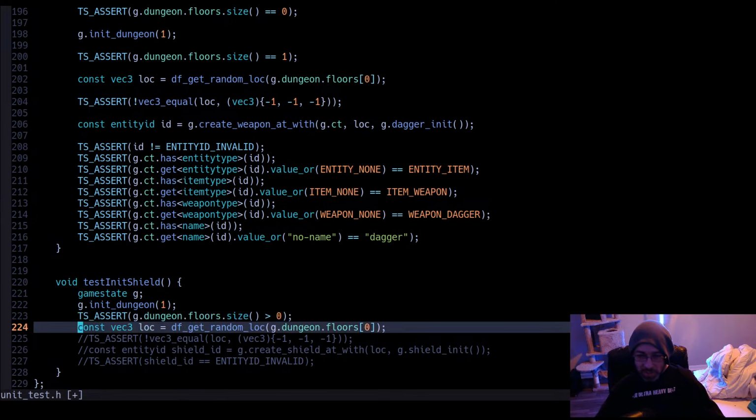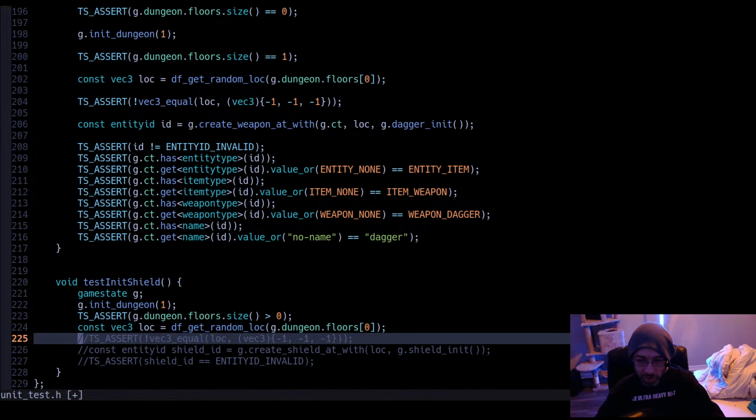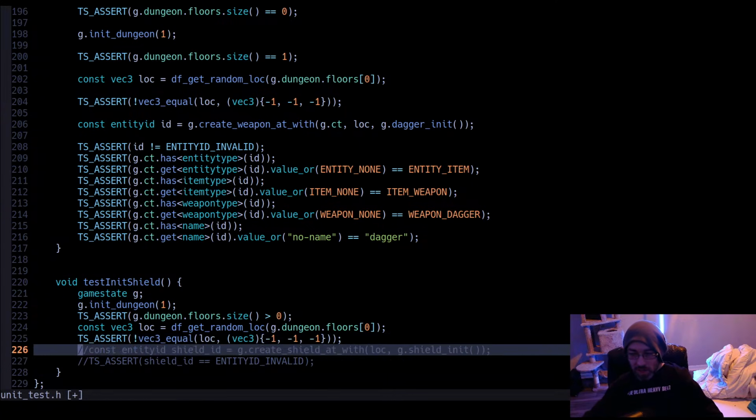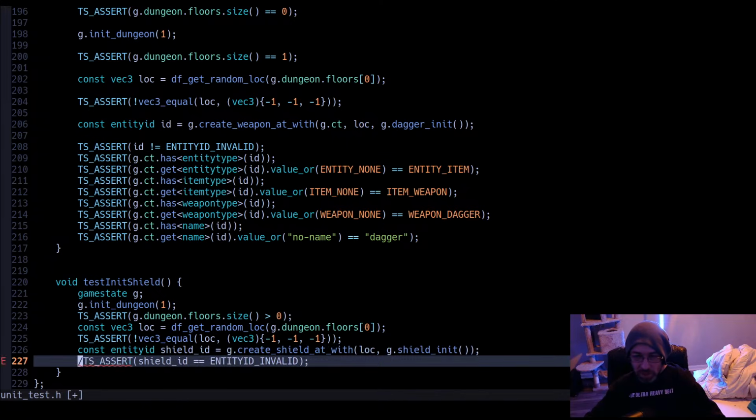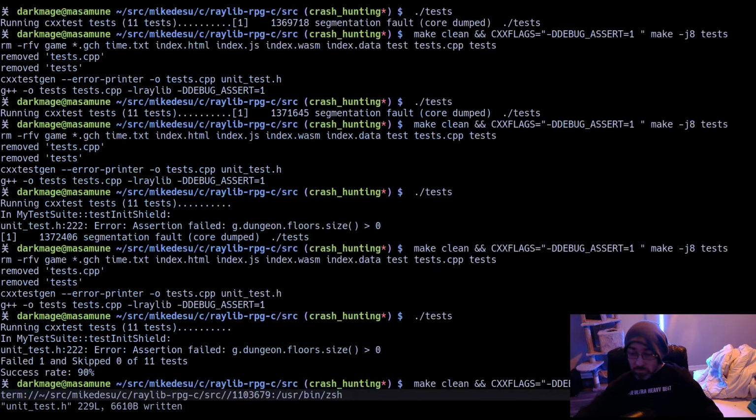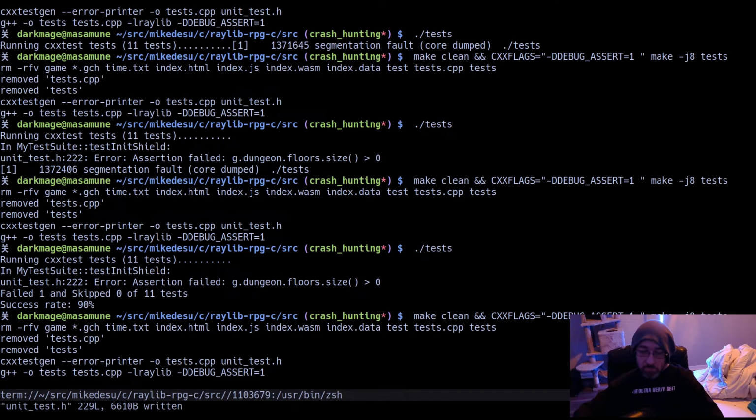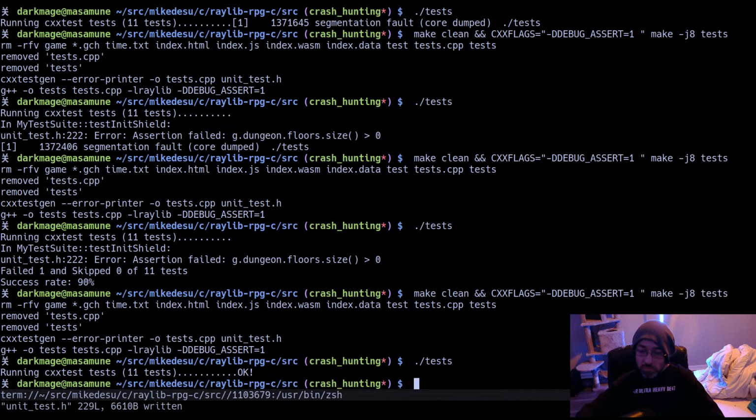This will actually get us a value that's not all -1. And then we can actually create a shield. And it should not be invalid at this point. There you go.